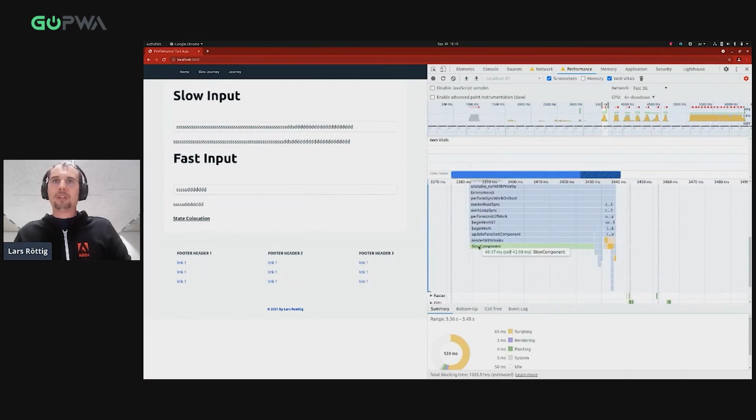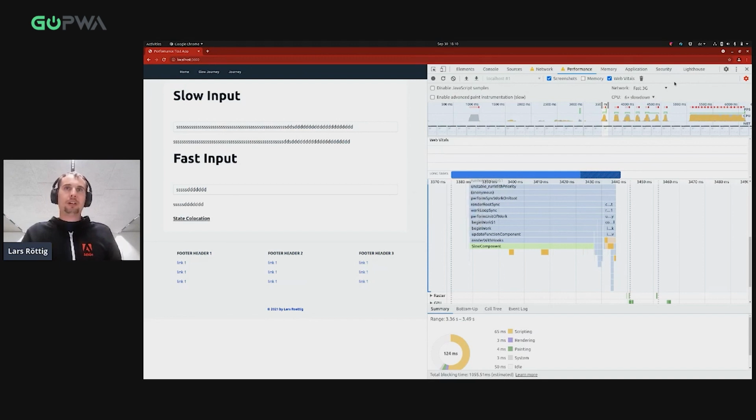And we have here, before the end, a huge part of a slow component. So I know this name is now very obvious, or really well defined here. So what is the problem here, taking a look?